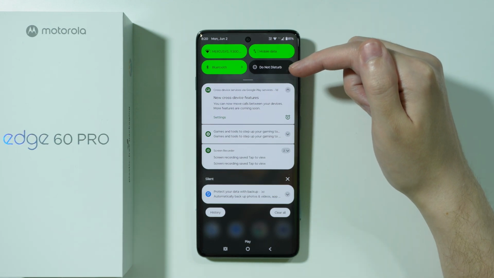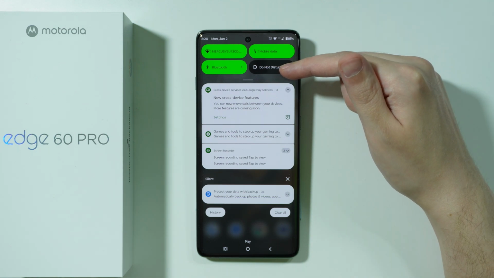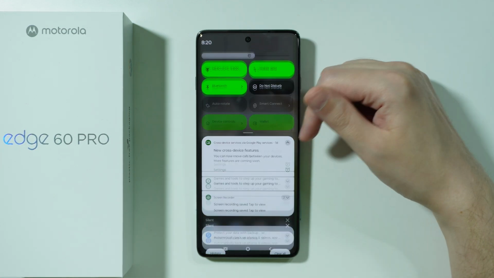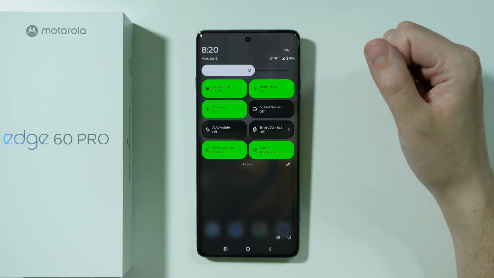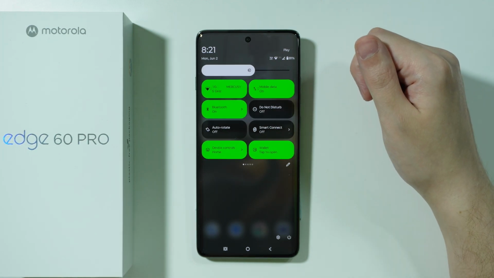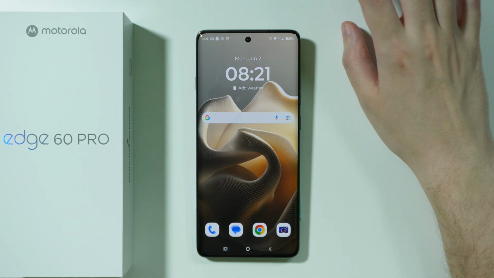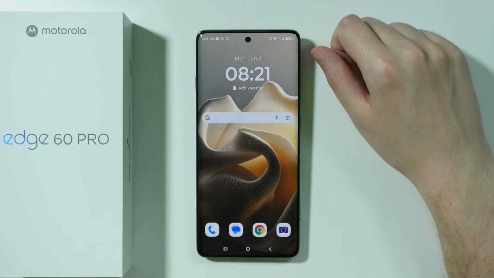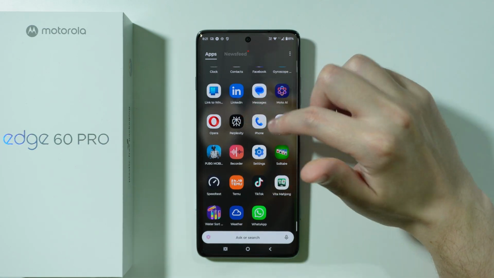If you still use the classic style for the Control Center, then over here, as you can see, we have Do Not Disturb, which of course should be deactivated if you want to see incoming calls on the screen. With this mode being activated, incoming calls might not be displayed on the screen. However, if the DND mode is not the reason why you cannot see incoming calls, then we can go to